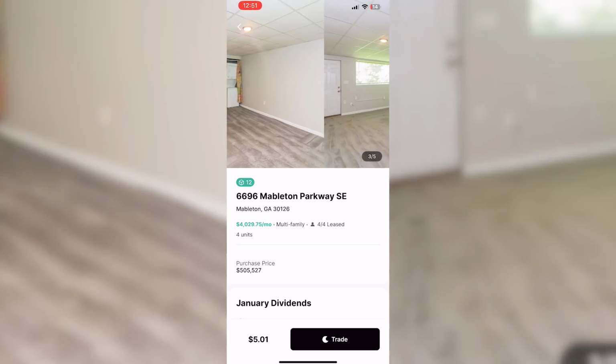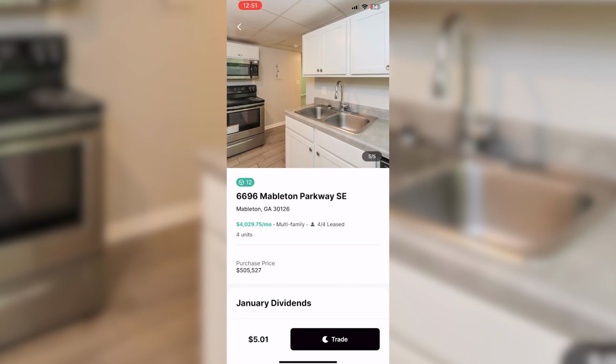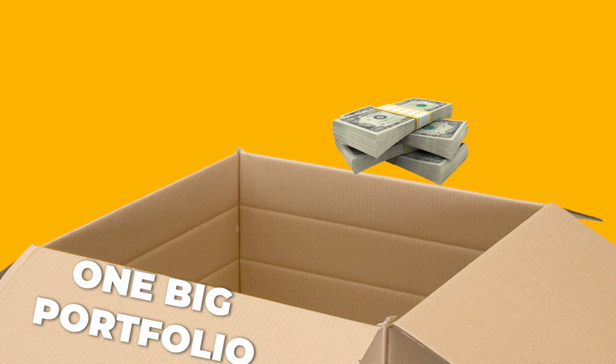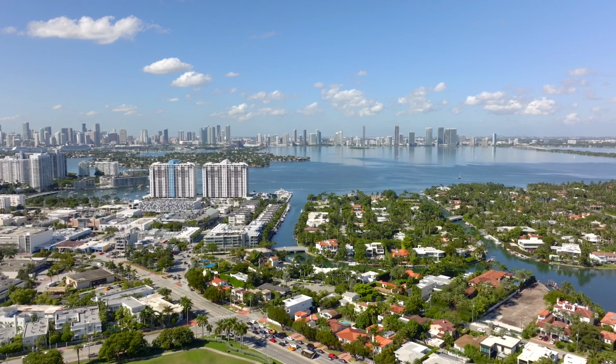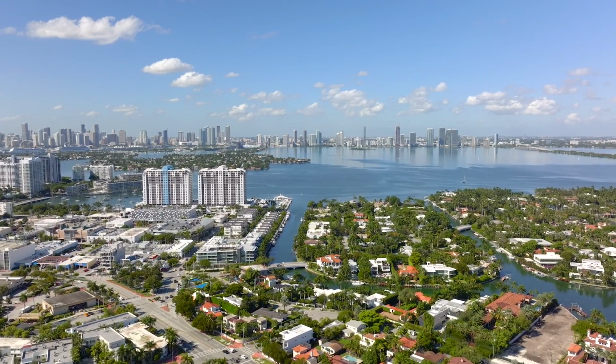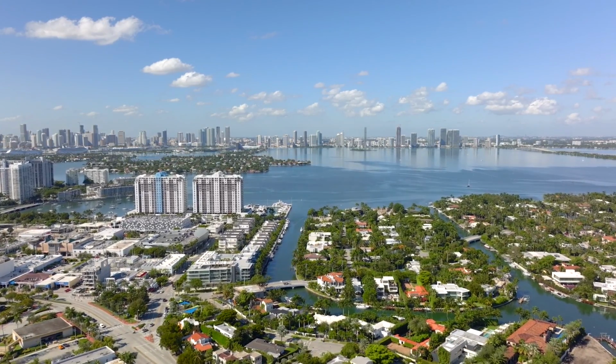The reason why I like the idea of Landa is the fact that it allows you to buy shares of real estate properties that you can hand select, which makes it seem a little bit better than a REIT. Now, if you're unfamiliar with REITs, don't worry. It simply stands for Real Estate Investment Trust. And what a REIT does is pool together a bunch of funds into one big portfolio. And they use that to buy a bunch of different real estate properties, both commercial or residential, and then as they appreciate in value or they collect rents, they pay you out as the investor, which sounds pretty nice, right?